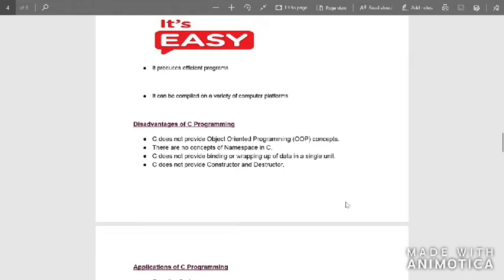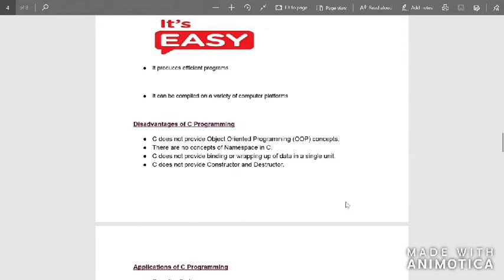But the problem there is that the security of the data might be compromised. So in the object-oriented programming concept, everything is considered as an object. Once we go more in depth, you'll understand. Right now I'm just giving you a brief, a little bit of explanation so that you don't go asking what it is. It's object oriented there, but here it is procedure oriented.